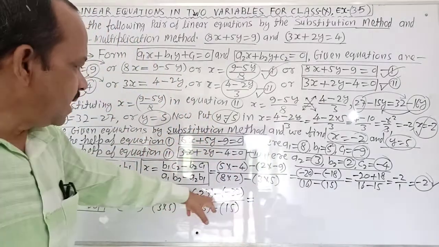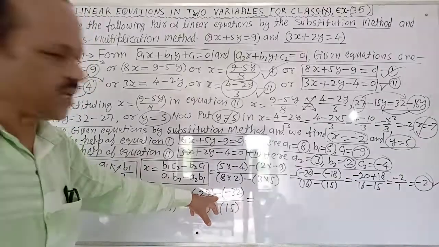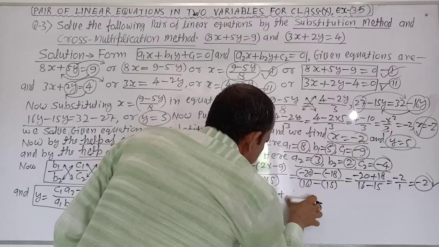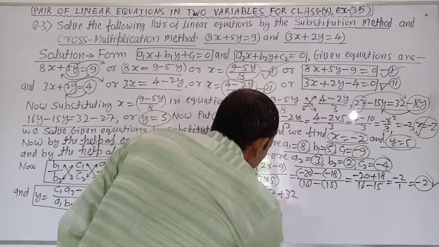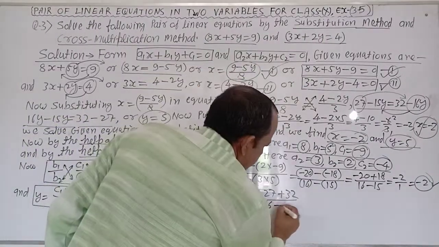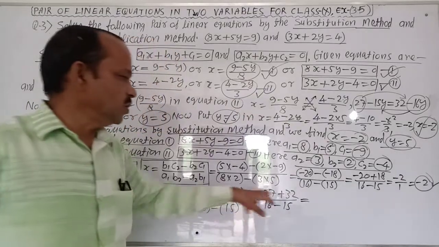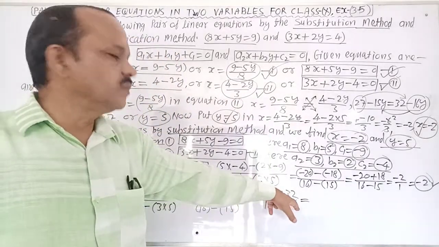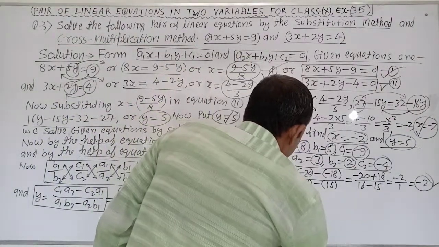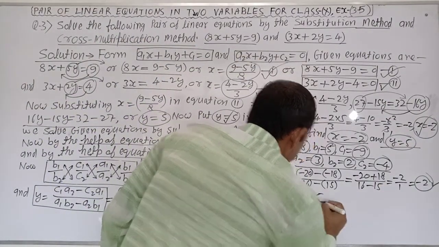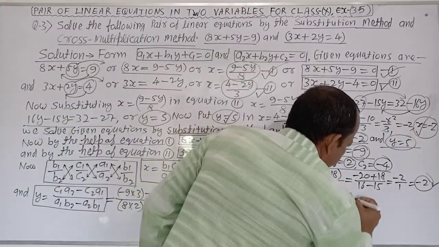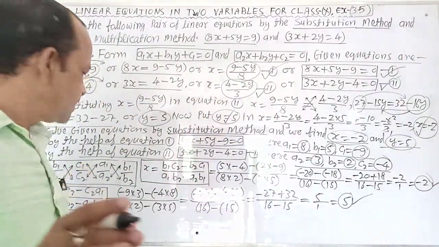Equal to, here minus it becomes plus: minus 27 plus 32 upon here 16 minus 15. You subtract it: minus 27 plus 32, it becomes 5, by 1, equal to 5. Hence